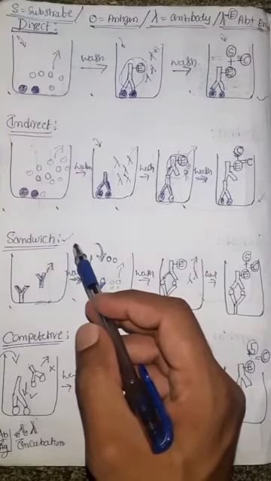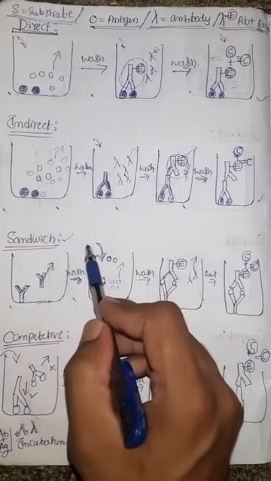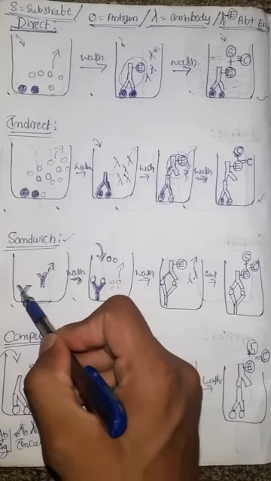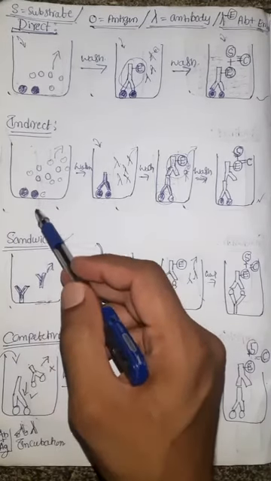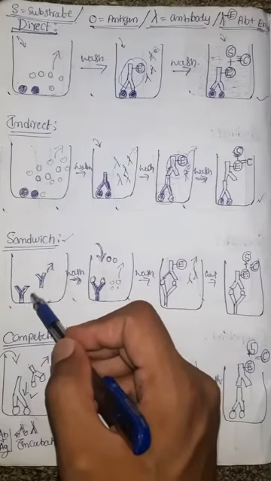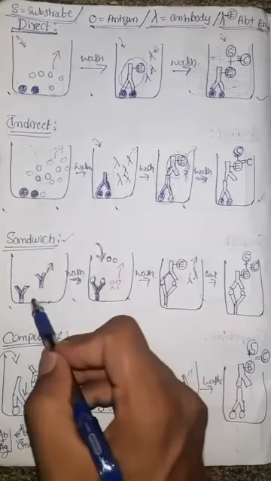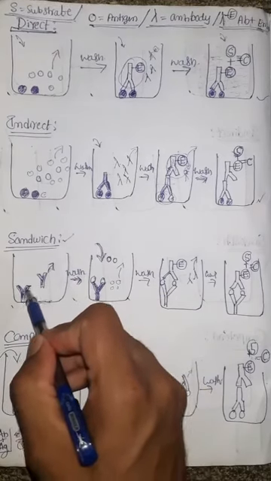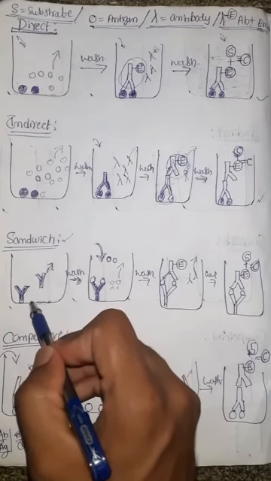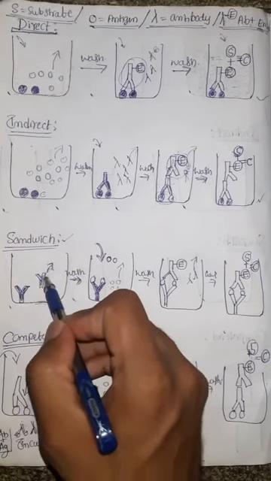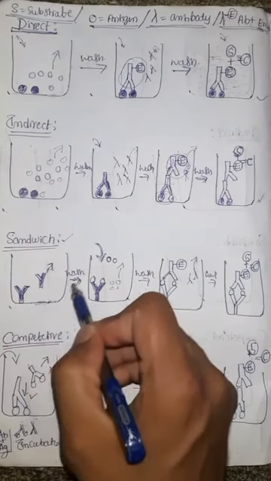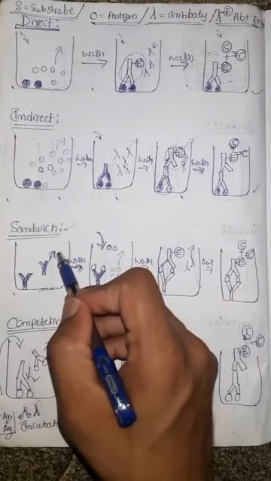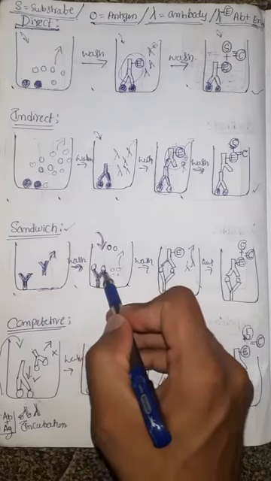Now we will see the third one, that is the sandwich type of ELISA. In this type, first we take antibody instead of antigen. Okay, we have to allow them to absorb on these surfaces, so that a few antibodies are absorbed or attached to this solid wall surface, and a few remain unattached. Okay, in the washing step, those unbound antibodies will be removed from the well, so that we have only bound antibodies.